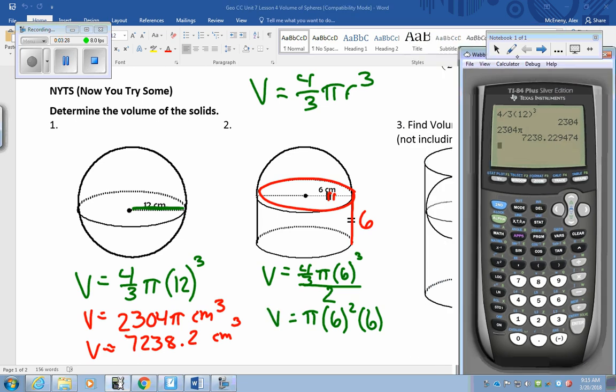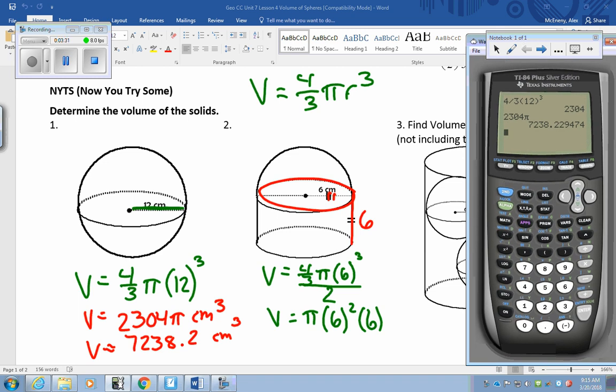So I'll use my calculator over here. First thing I'm going to do, type in that expression. And I'll keep this one in terms of pi. So we got 4/3, and parentheses 6 cubed. I'll hit the enter button, and then divide that answer by 2. So for the first part, I have 144 pi,